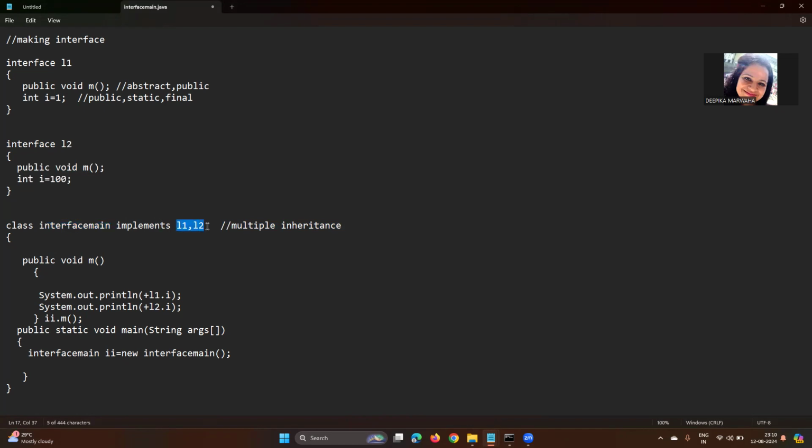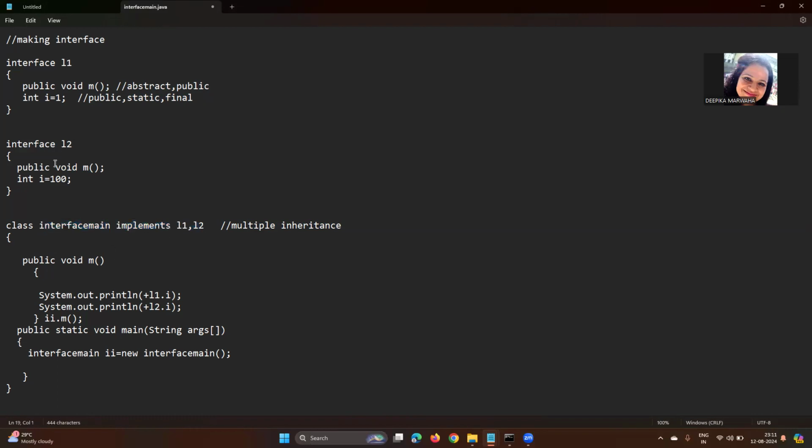The only difference is that in case of interface implementation of multiple inheritance, you have to use the keyword implements. Inheritance में हम extend keyword use करते थे और interface में हमने कौन सा use करना है यहाँ पे implement करना है. And another difference is that there is no need to provide the implementation or body of a function. आपको m function को define करने की जरूरत नहीं है, उसको implement करने की जरूरत नहीं है. उसका काम कौन करेगा? आपकी drive class करेगी. L2 का कोई function define करने की जरूरत नहीं है, उसका काम कौन करेगा? आपकी ये क्लास करेगी. So this provides the main feature by which we perform multiple inheritance.